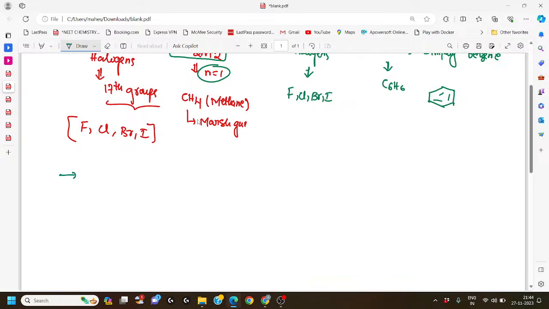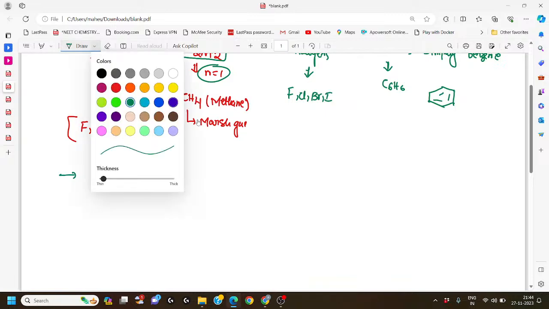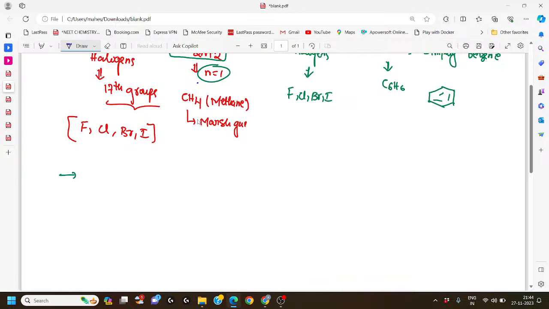Now let us try to understand this concept by taking an example. Here is the example, CH4. Its name is methane. This is a hydrocarbon. We know that this one is